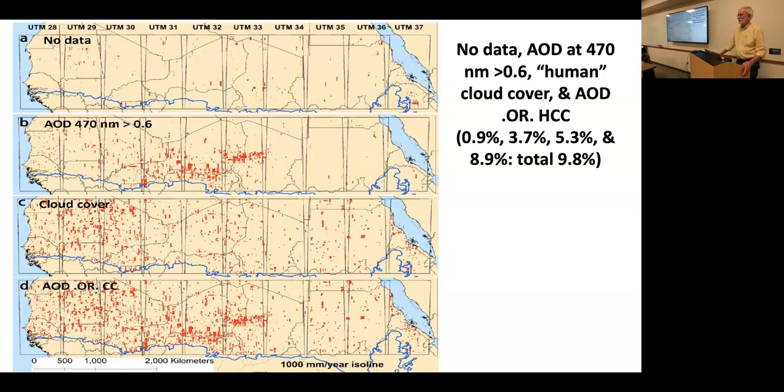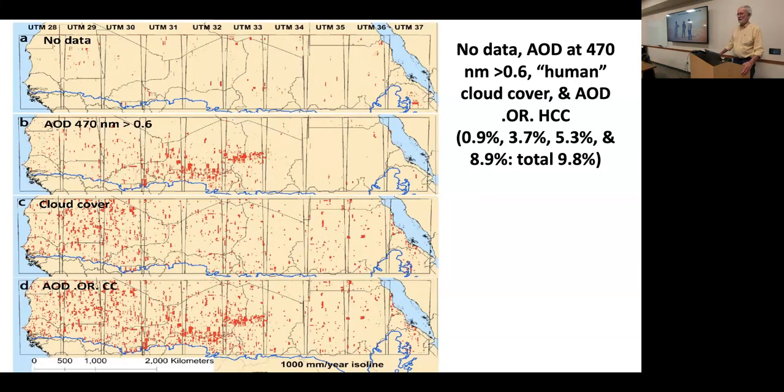Then 3 of us, myself and 2 of the geospatial people in the group, went through and looked at every scene, each of us, and compared notes and resolved differences where we had residual cloud cover in the images. And that totaled just over 5% of the area. So 1% didn't process. So the total here is about 10%. We either had bad data or it didn't process for some reason or corruption of the data, or we had aerosol above 0.6 of the aerosol optical depth, or there was cloud cover.